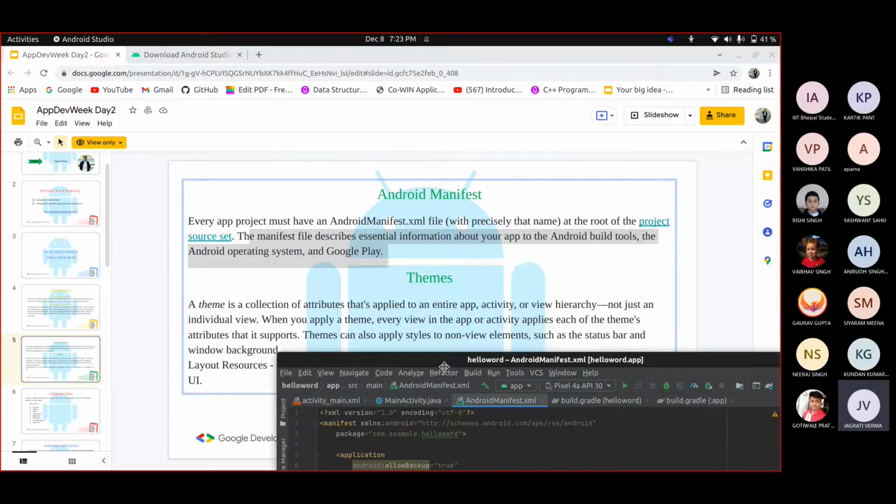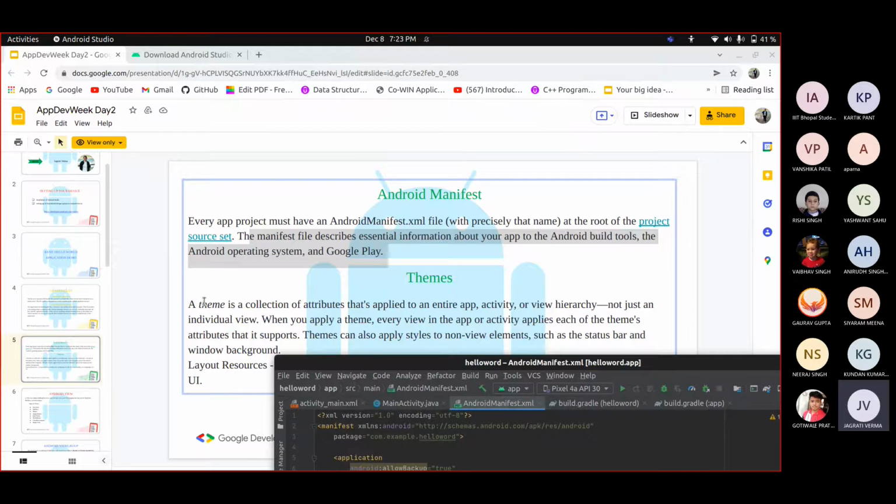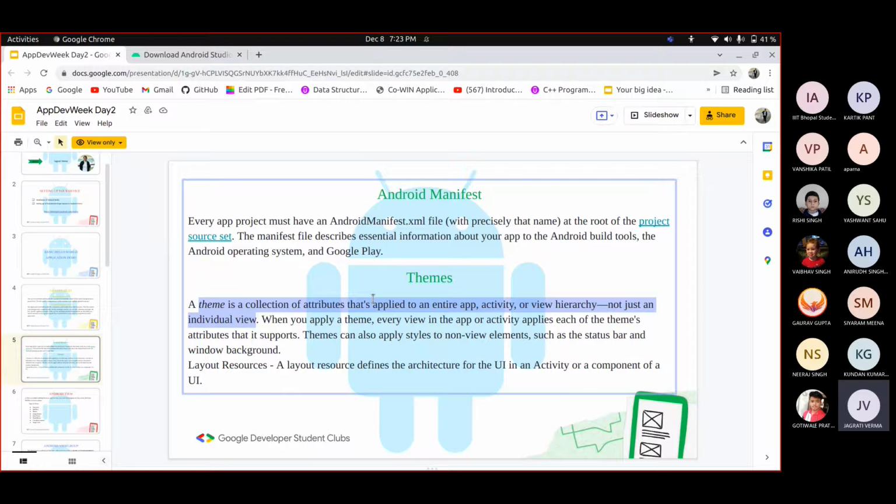Okay, and theme is just a normal word, and I know that theme means like what kind of party theme we are going to have. Similarly for an application, what kind of theme you need to have. Is it going to be a daylight thing, or a dark one, like in your phones you have light view then dark view. Okay, so you can build both of them, or you can use just one, like I just want this theme even if the phone is in dark mode or in light mode.